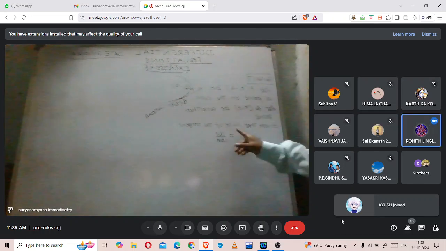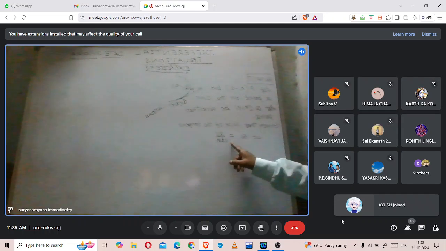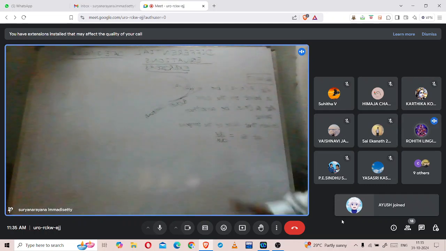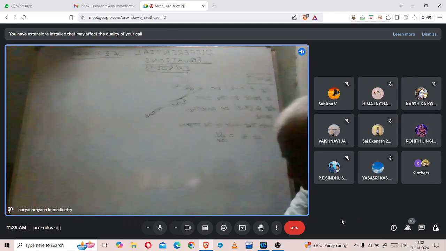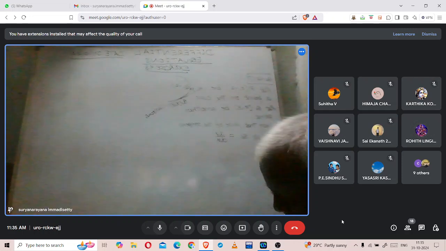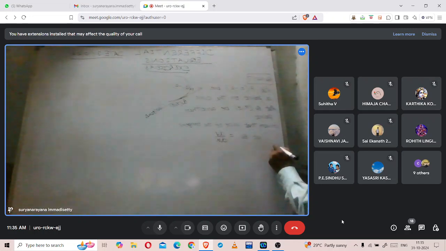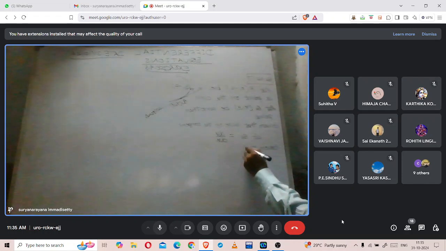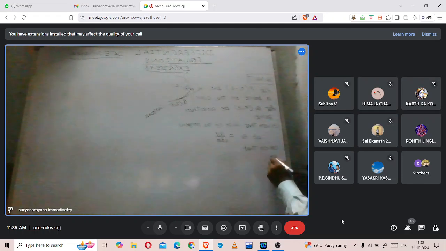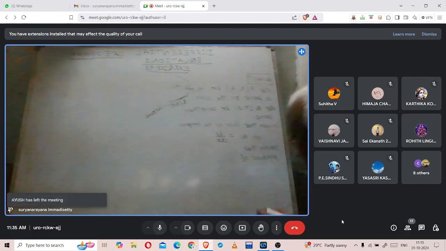So this is the slope of the tangent at Q. It is nothing but dy by dx. What is given? The product of the slope of the tangent and y coordinate is equal to the x coordinate. Given that, product of the slope